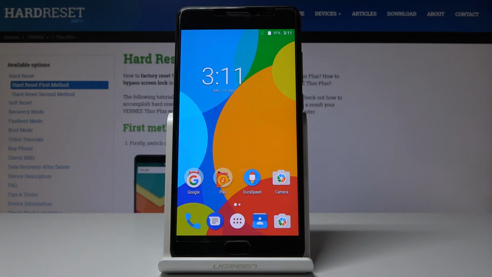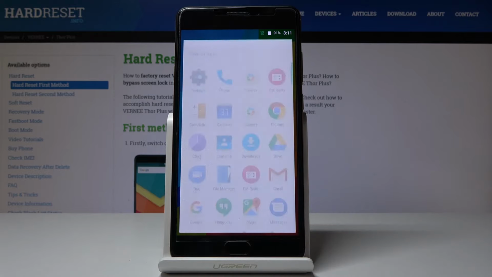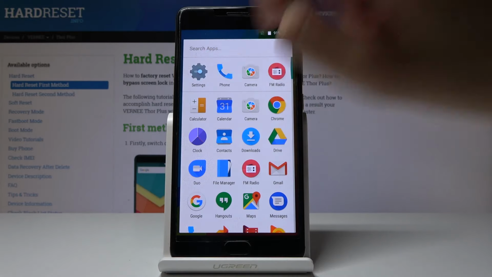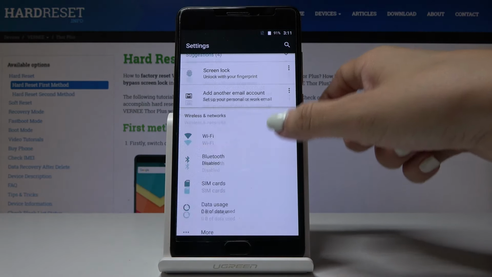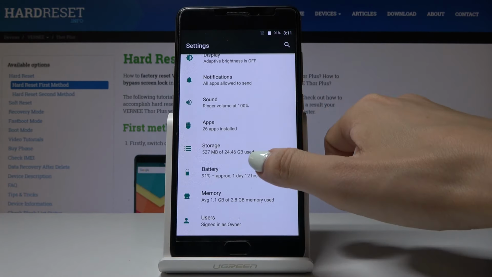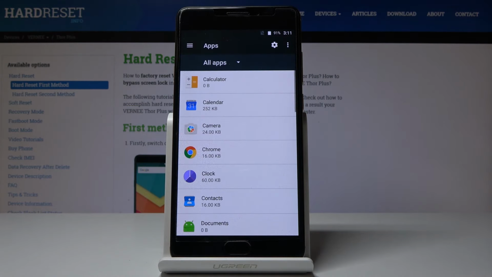Here I've got VERNEE Thor Plus, and let me show you how to reset app preferences on the following device. So at first you have to open the list of all applications, then go to the settings. Now it's time to find and select apps, which are here. And you have to tap on the more icon, which is the 3 dots one in the upper corner, and pick Reset